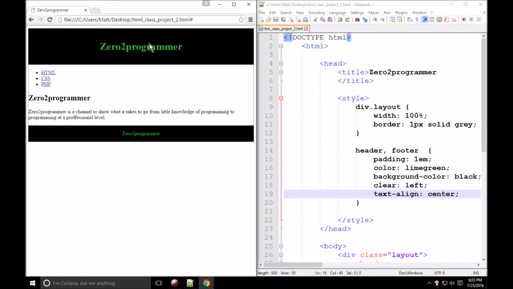The lime green color has showed up. The black background. Like I said, the clear left we'll have to go around and play with. I really don't know about that. And then the text line is centered. So there you go. That's for that. And then the